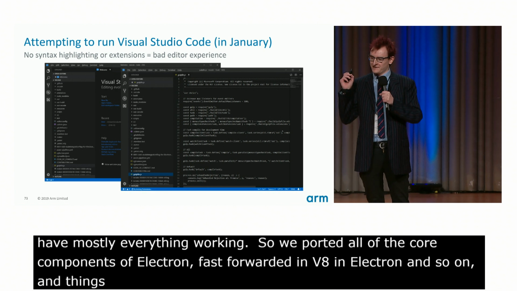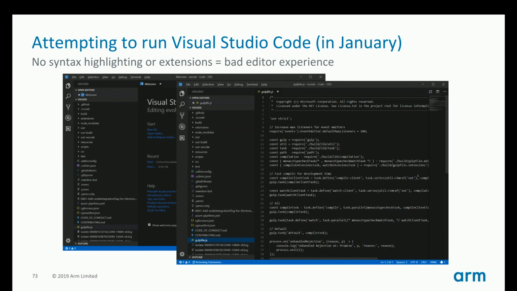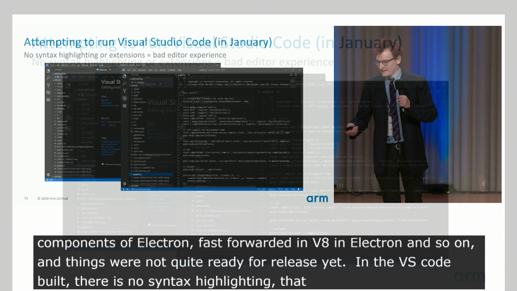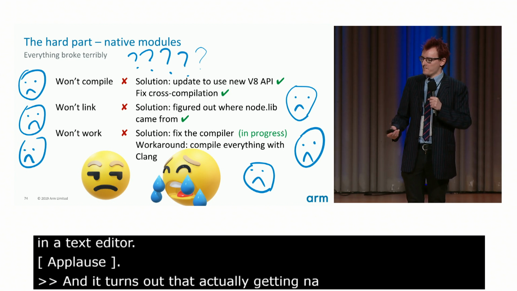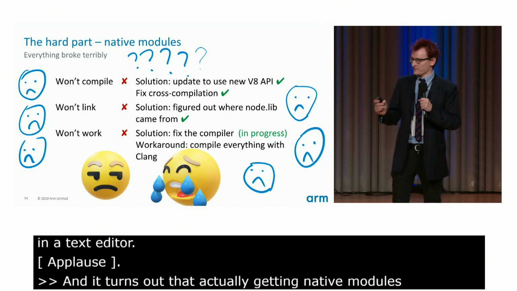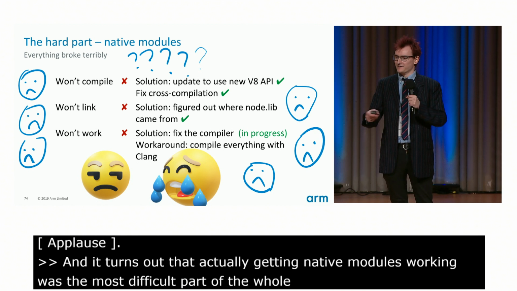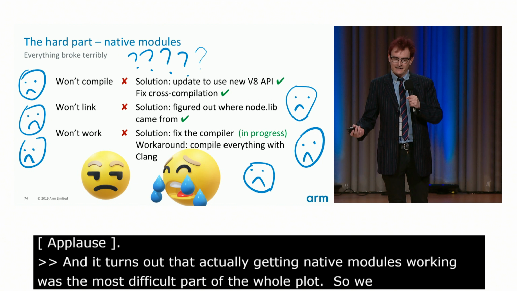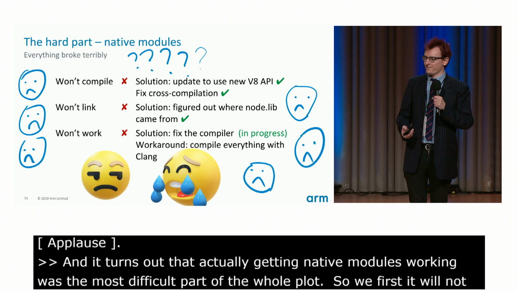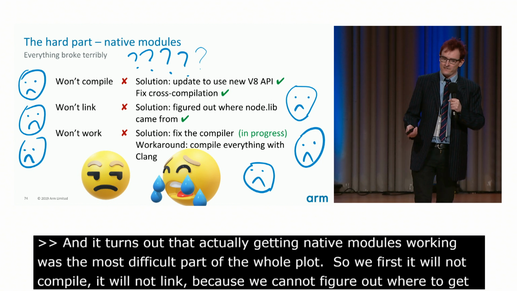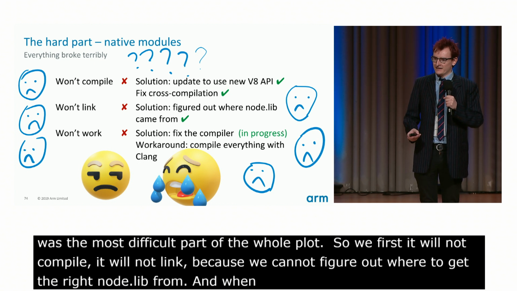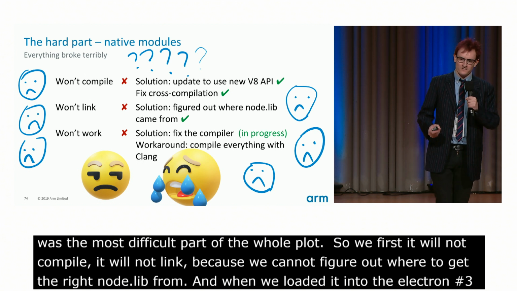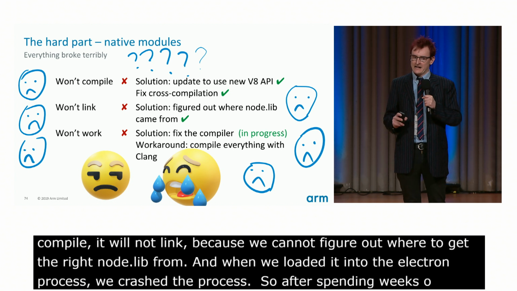You'll notice that in this VS Code build, there's no syntax highlighting or anything else useful like that, which you might actually want in, I don't know, a text editor. And it turns out that actually getting native modules working was the most difficult part of the whole port. First they wouldn't compile because they were too old against the V8 API. They wouldn't link because we couldn't figure out where to get the right lib from. And then finally, whenever they got loaded into the Electron process, they wouldn't work. They'd crash the process. So eventually, after spending weeks and weeks on this, I found 2 client compiler bugs, which